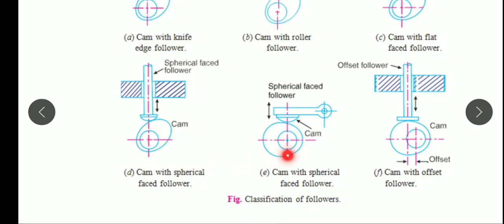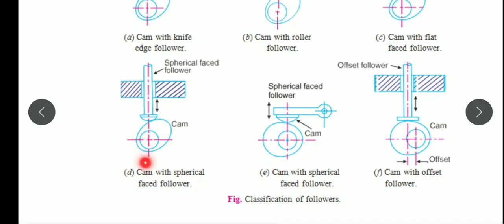According to motion, the follower can be classified as reciprocating or translating follower as well as oscillating follower. Here you can see this follower will be in oscillating type, but here the follower will be in reciprocating type. Finally, according to the axis of cam and the follower, here the axis of the follower as well as the cam are in the same line.